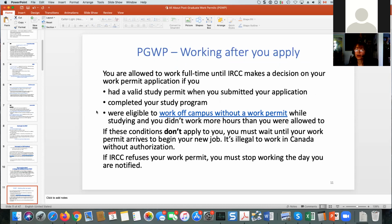Working after you apply for a postgraduate work permit. Now, this work permit is the white unicorn of all work permits in Canada, in that it is the only one which allows you to work without waiting for a physical paper that you receive. So once you apply and get a confirmation that your application is in process, which is within 24 hours in your portal,